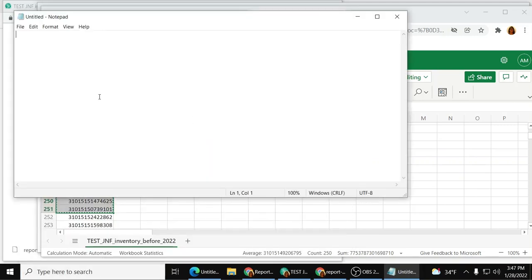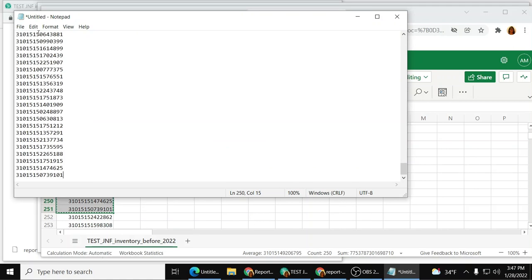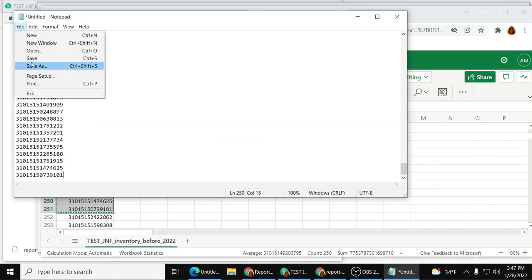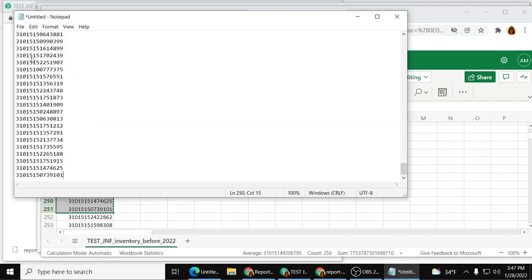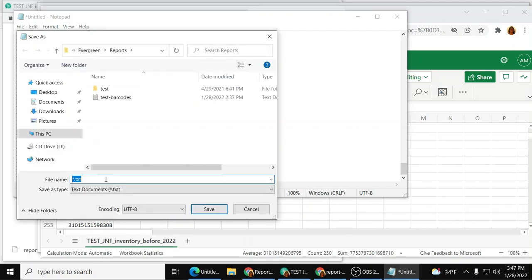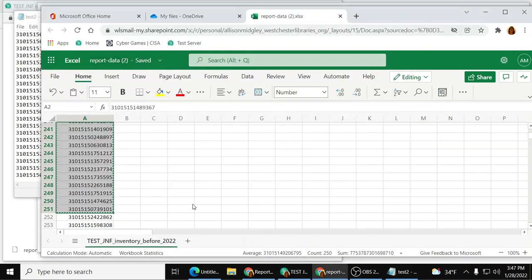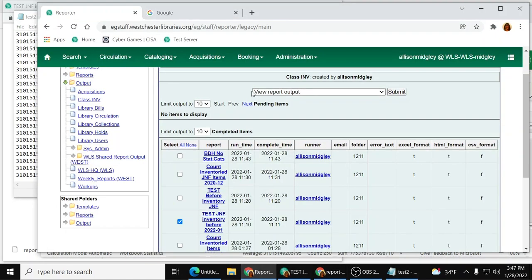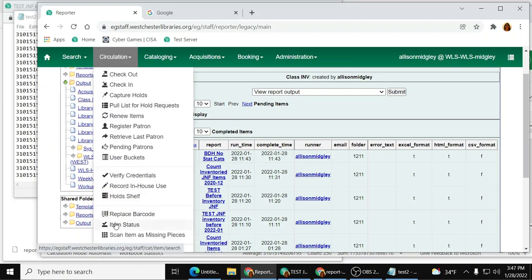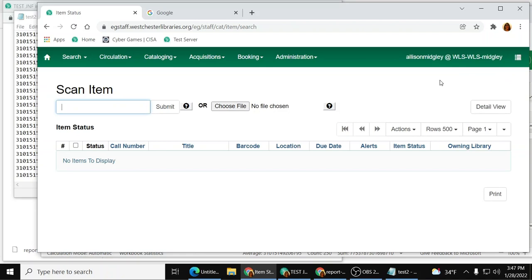I'm going to paste those barcodes in, and then I save this file. So this is the only file I ever save so that I can upload it into Evergreen. Then I can go back to my Evergreen window, and go to item status and upload those. So it's a much quicker, streamlined